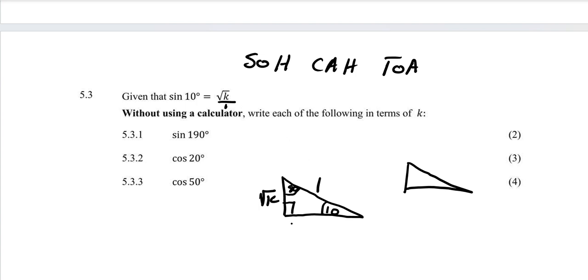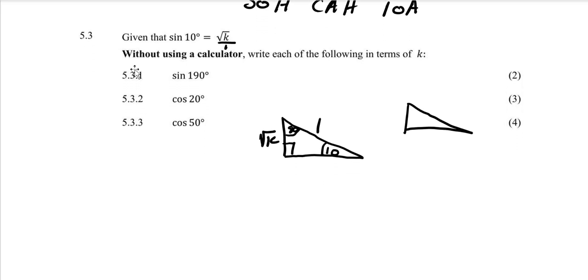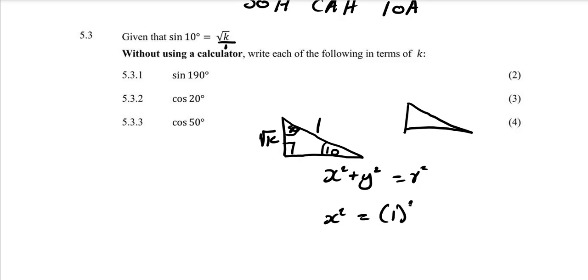So first of all, before answering, just find this side. To find this side, we use the Pythagoras method. We say x squared plus y squared is equal to r squared. We are looking for x squared, which is equal to r squared, that is 1 squared, and then we take y squared to the other side, which will be negative root k squared. So this will give you 1 minus